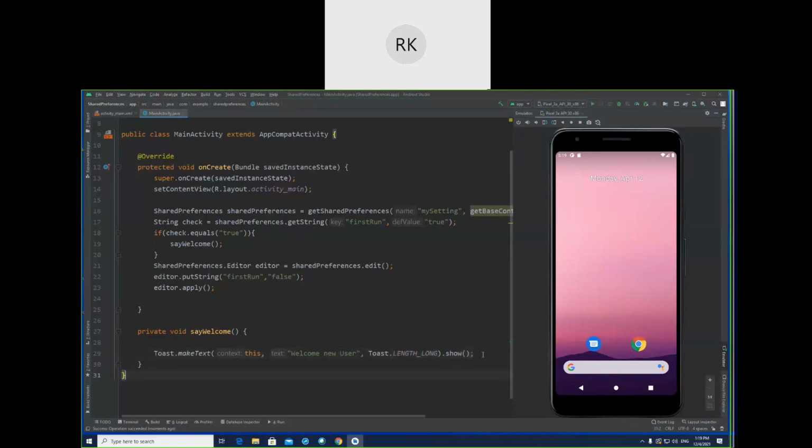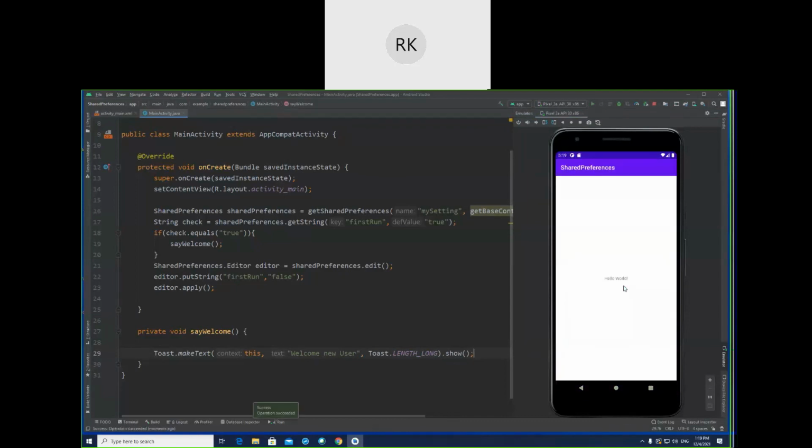It should be a bit long, not short. You see, no message has been displayed, because the check has been false this time.